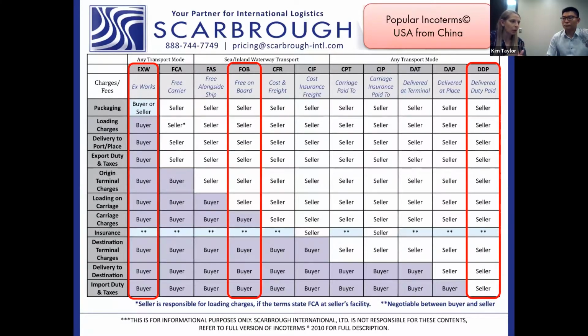If it is a smaller item and it's something that you don't really want to deal with the headache of those types of things, and it's going to be a one-time, two-time thing, I suggest that you just buy on DDP terms and let the seller in China take care of the freight for you, because that's what they know. If this is something that you're not well versed in, let them take that headache and pay for it all in one lump sum.